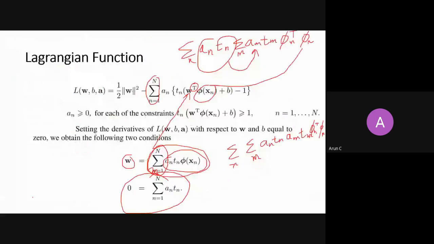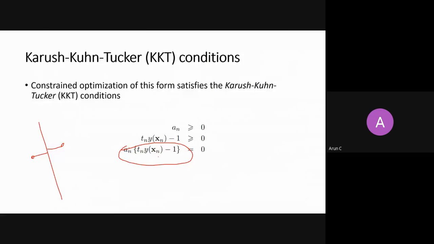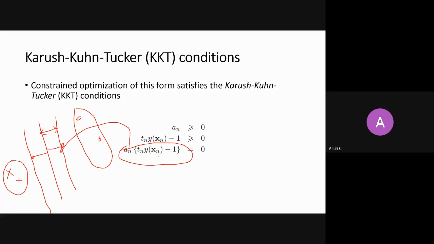So this is all what we have just discussed here. It says that only for those points where my an is not 0 is the constraint actually active. The rest of the points, which are beyond this scaled perpendicular distance equal to 1, are not playing any role. These points here and these points here are not playing any role. So you can put the Lagrange multiplier equal to 0 for these points, and for the support vectors, the Lagrange multiplier will be greater than 0.